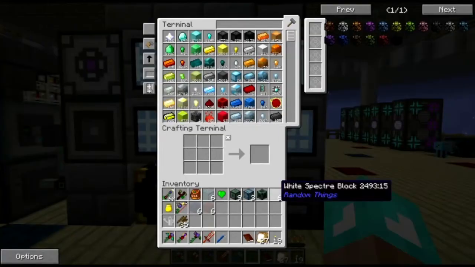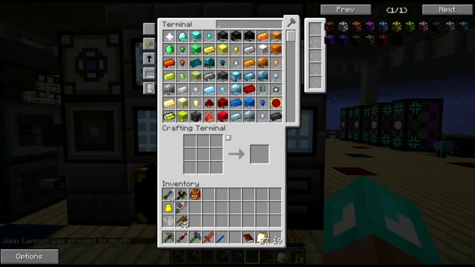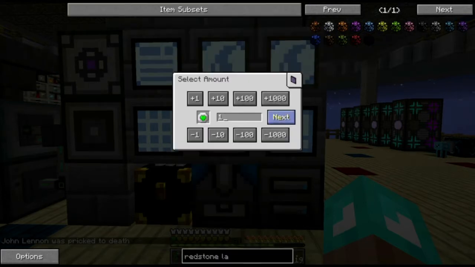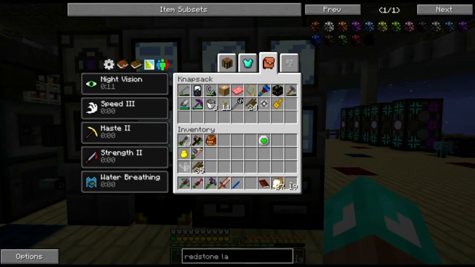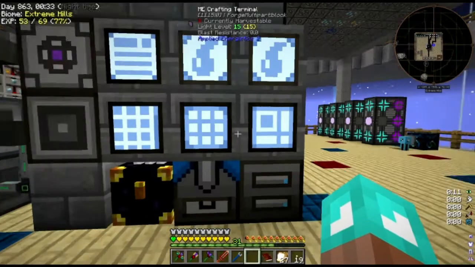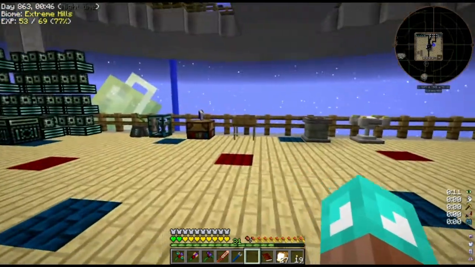Okay. I'm going to put these away, and I'm actually going to go ahead and I've got the recipe set up for the greater heart canister here. Let's just use that heart. So, green heart canister, and I will pop it in right here. So when I heal up, I should be up to, I guess, 32 hearts. Yeah, I think so. Okay,